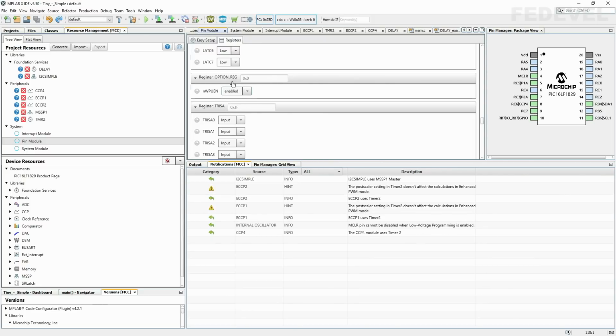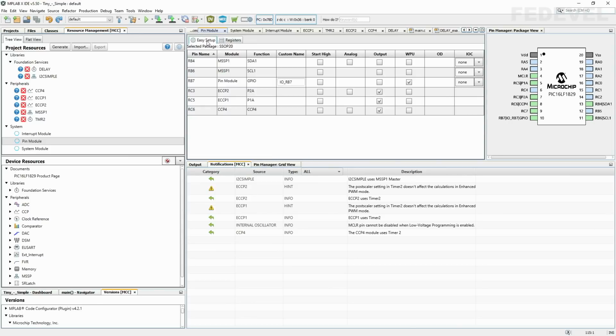Okay. Now go back to Easy Setup, and we would also like to enable the interrupt for this pin, and we will do it here in this column. So from this drop-down list, select negative, and it means we just enabled an interrupt which will happen when the signal level on this RB7 pin changes from high to low.